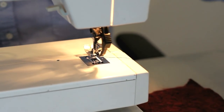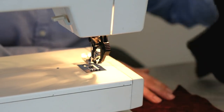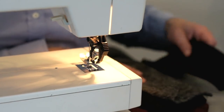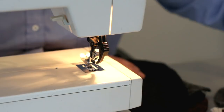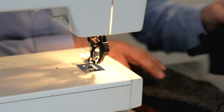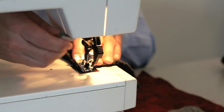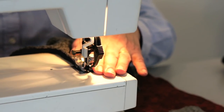All right, now we need to sew together the palm side. I'm going to put right sides together. So I'm flipping that, and so that I don't get confused for the other hand, I'm going to flip that right now so that I don't make the mistake of making two of the same hands. So now I have my right sides together. And I'm going to sew this one first though. Lining up the edge of my fabric with my presser foot gives me my 1/2 inch. And with a straight stitch,